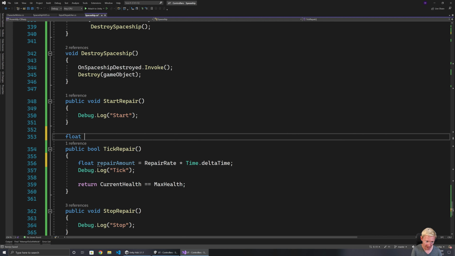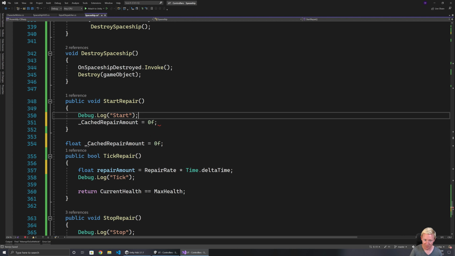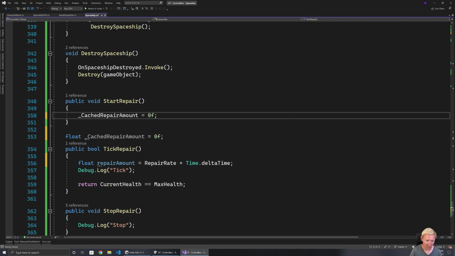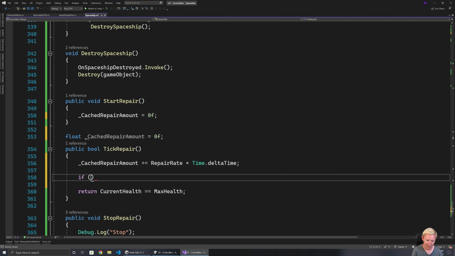So what I would have is a cached repair amount is 0. And specifically, when we do start repair, we set that to 0. Then I update that like that. So then if the cached repair amount is greater than or equal to 1,